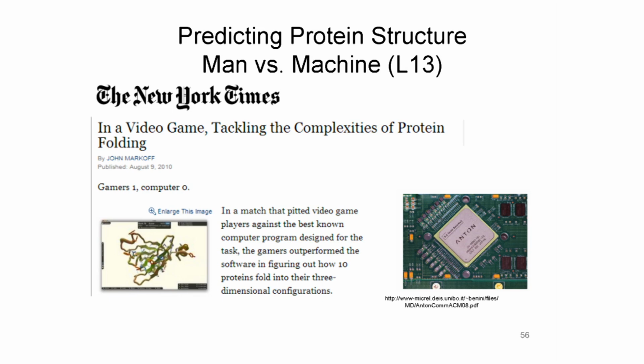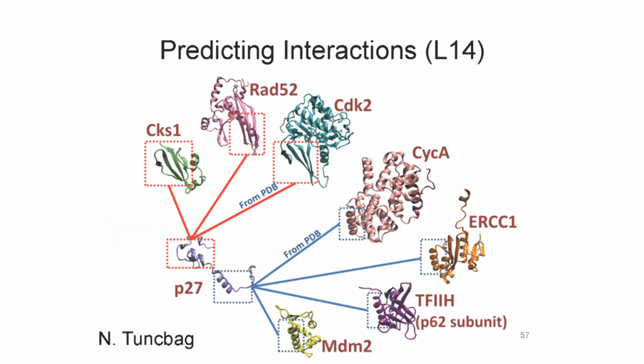Then the ability to go from understanding a single protein structure to how these proteins interact. So now there are pretty good algorithms predicting protein-protein interactions as well. And that allows us then to figure out not how these proteins function individually, but how they begin to function as a network.